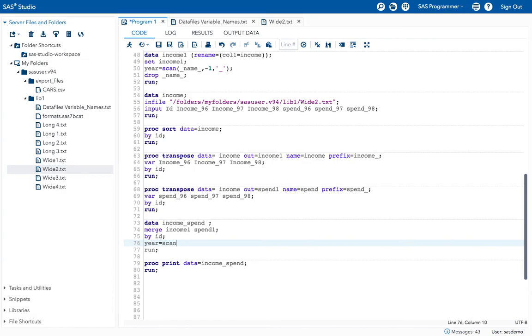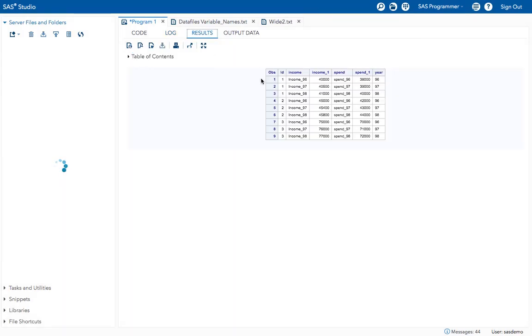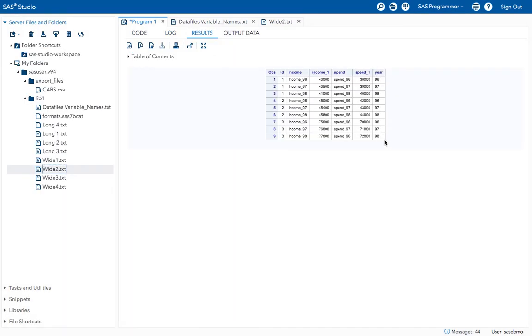Give scan, in the parenthesis give income, comma, income is the variable, right, minus 1, comma, in the parenthesis give underscore as the delimiter. See now what happens. I'm executing this program. Now I have extracted the year variable from the income variable. No need to extract again from the spend variable because both are the same.